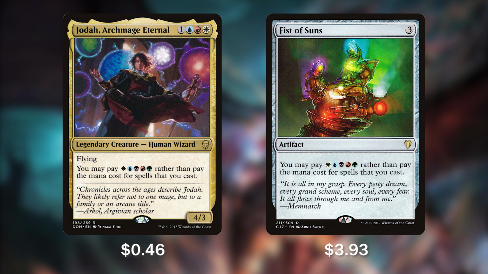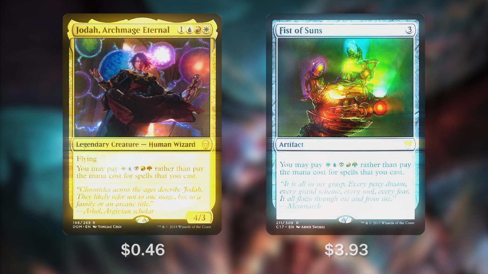And Fist of the Suns, exact same effect. You may play Wooburg rather than pay the cost for the spells you cast. With either of these in play with Jegantha, we will have the ability to tap it down and cast any spell from our hand. And lastly, one of those spells that we will hopefully be using this ability on,